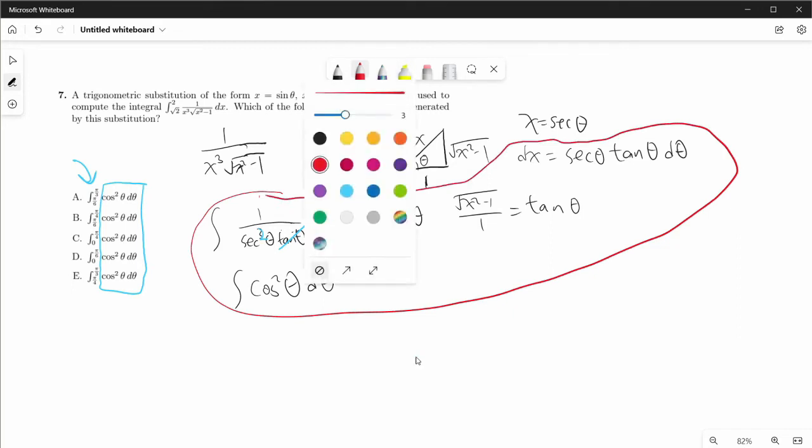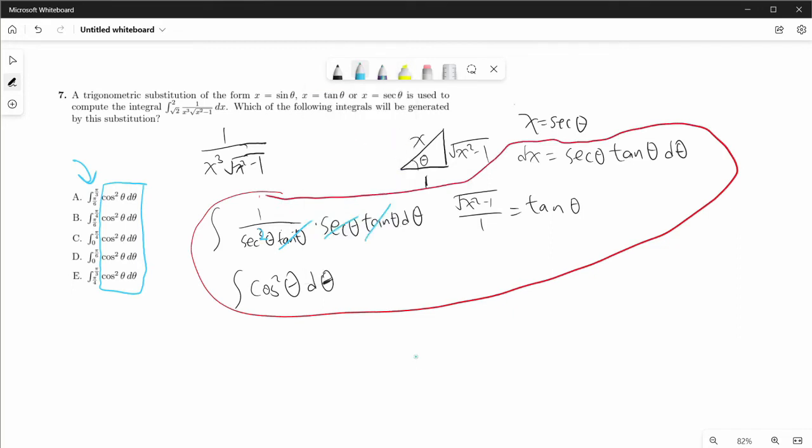All we needed was x equal to secant theta, right? But nonetheless, if I have x equal to secant theta, and I say I want the theta for the limit of integration as x, so I want to solve theta for x equal to root 2 and 2,